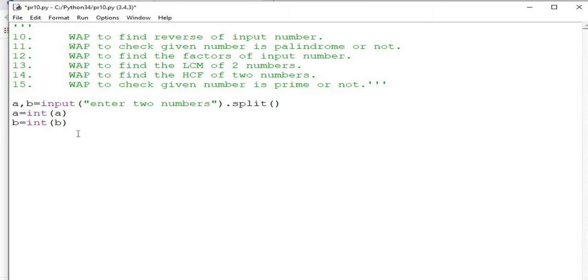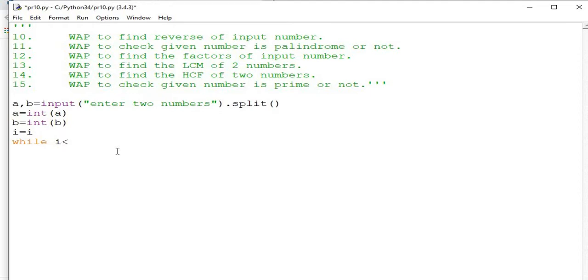Now, first of all, the value will start from 1. So what is the logic behind it? We will check each number for divisibility by A and B. If a number is completely divisible by A and B, then it will be the LCM. So the starting value will be 1, so I equals 1. Now what will be the condition?